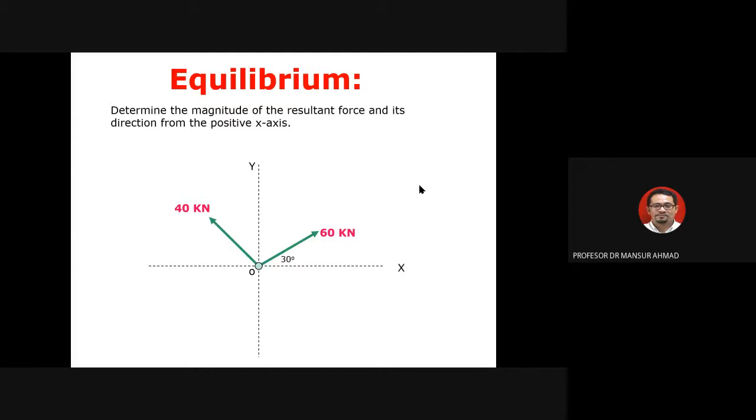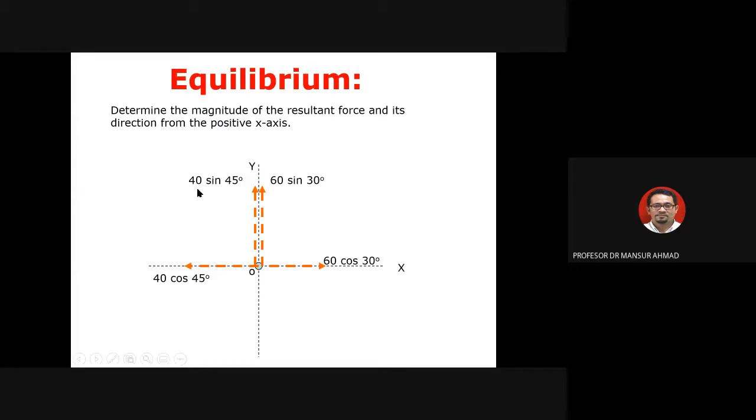Exciting. Okay, let's resolve this into x and y direction first. This is how I do it. So 40 kilonewton, I'm going to resolve into y and x-axis again. Yeah, the way to resolve this is, let me redo it first. Okay, this is the resolution of 40 kilonewton and also 60 kilonewton to x and y axis.